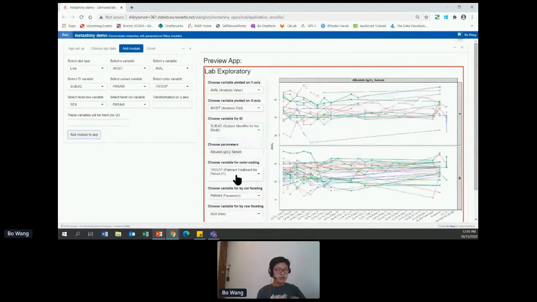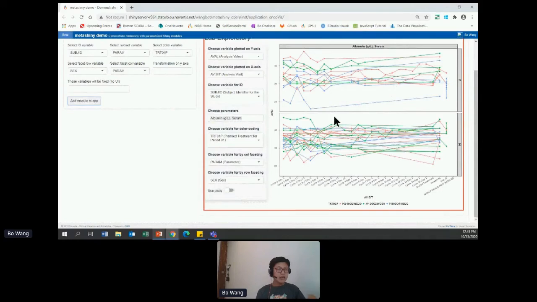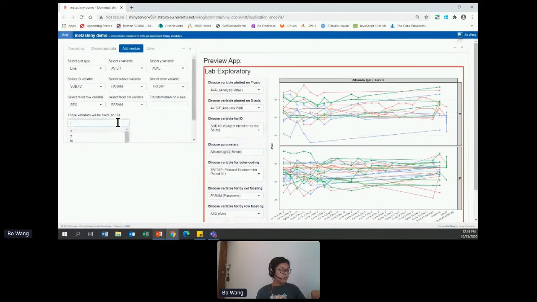And here, without writing a single line of R code or even opening RStudio, you have a functioning app. And the last bit I want to go over is this last field where it says these variables will be fixed. So what happens very often is when we offer an app that has ultimate flexibility to end users, especially those with limited experience with this kind of dashboard, they get overwhelmed by the amount of information they need to put in to use the app, even though a lot of times they don't really need to change